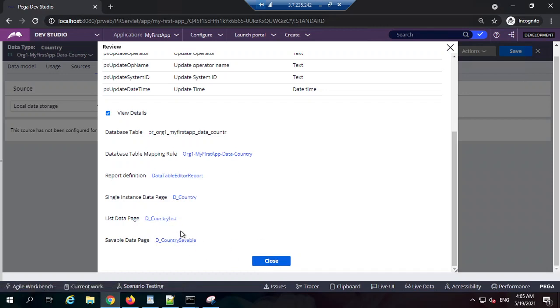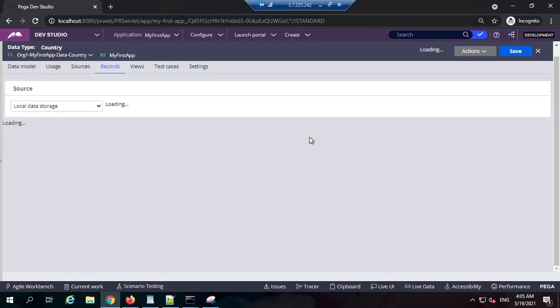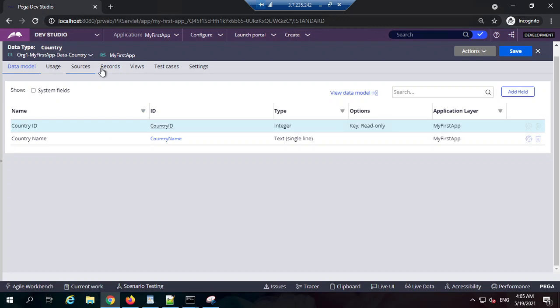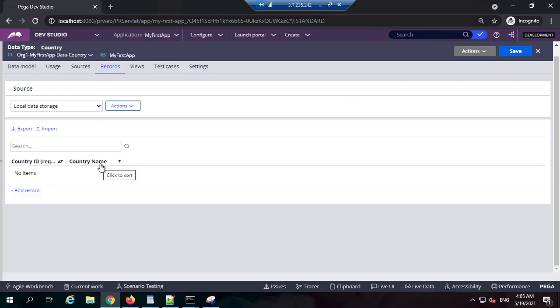This is to save, commit back to the DB. So it will refresh, and after that, you will get the tabular format here. It is giving me the columns that we created: the properties, data model, country ID, country name. All the other columns are hidden, but they are maintained in the backend. If you go to the backend table, you will see those records that we already saw.